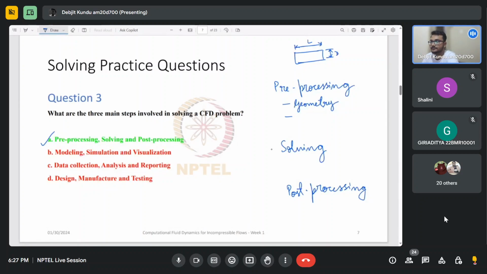So that is the first step, creation of the geometry. Then once that's done, we need to discretize this into small control volumes or discrete points depending on whatever method we're using. So this process is called meshing. So you need to create a mesh out of the geometry. Then after that, you need to fix all the solver settings, right? So this involves